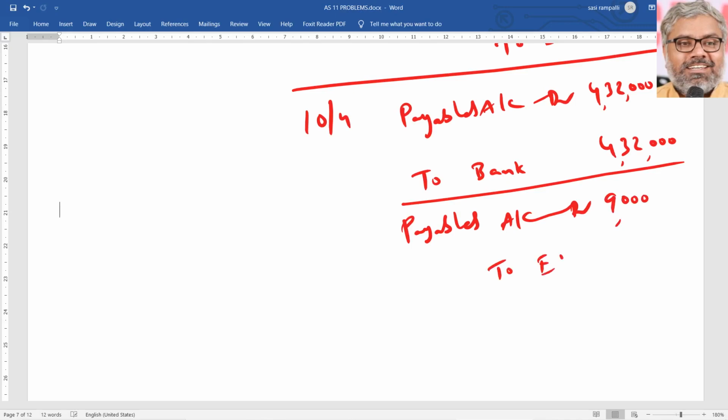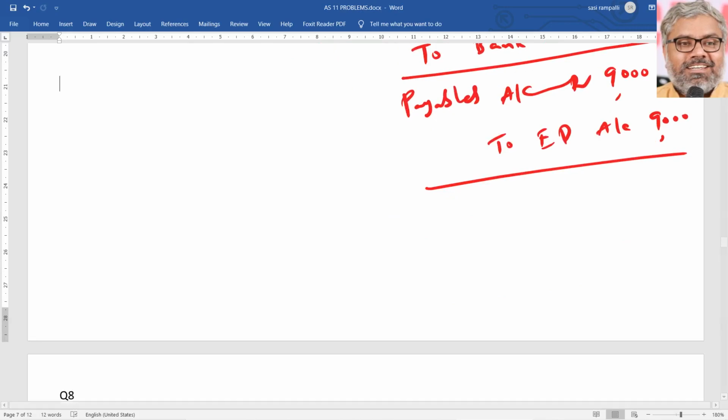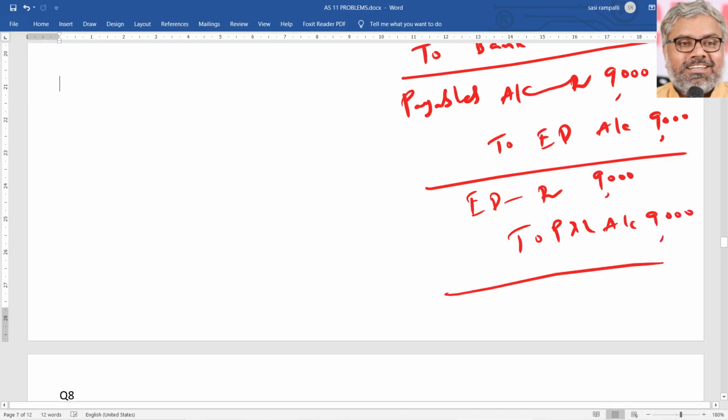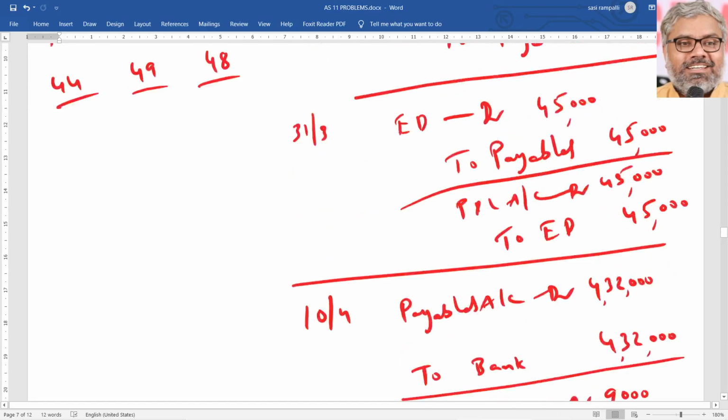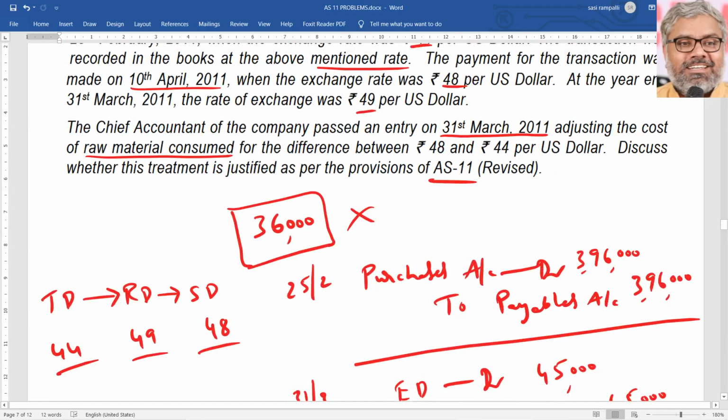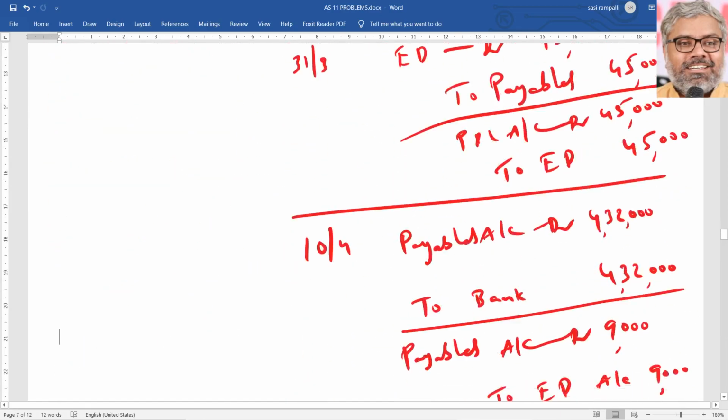What is this debit? This is exchange difference. In this case it is a gain, 9,000 rupees gain, and naturally what will be the transfer entry here for that? Exchange difference account at R2, P&L account ultimately will be 9,000 rupees profit here, that is from exchange rate differences, which will be recognized in the next year, that is 2011-12, not in the year 2010-11.